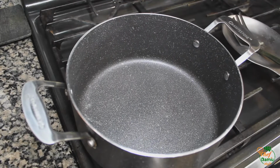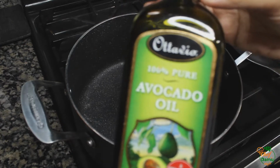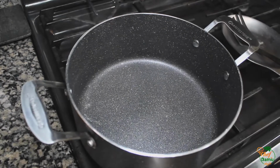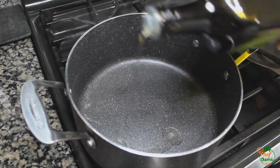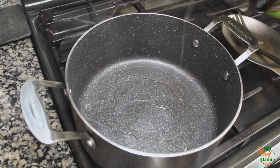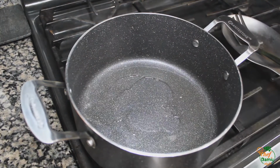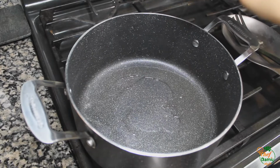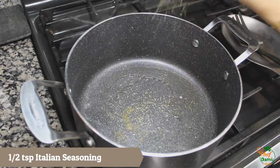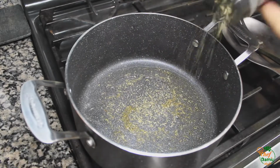Now that the vegetables have been cut, you want to take some oil into a pan. I used avocado oil, but you could also use olive oil. Take 2 to 3 tablespoons of oil and add that into the pan and let it heat up. Once the oil has slightly heated up, you want to add in half a teaspoon Italian seasoning,